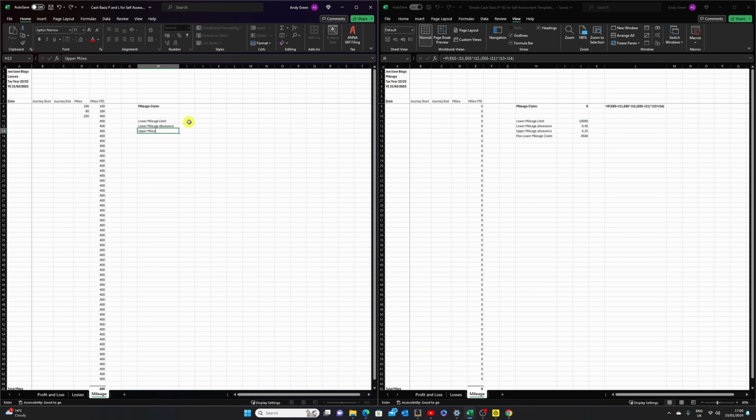Then upper mileage allowance and hit enter. And then max lower mileage claim, hit enter. Okay, so the lower mileage limit is 10,000